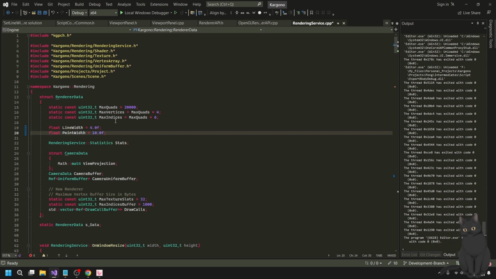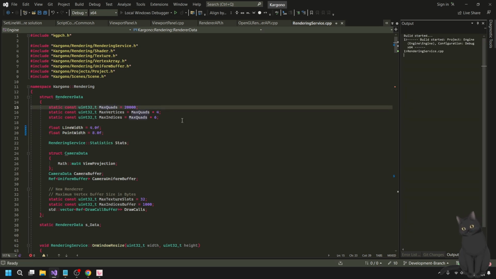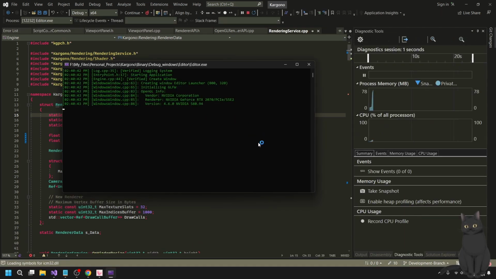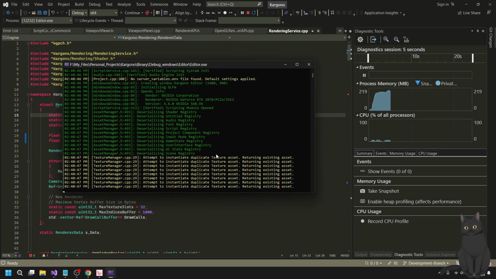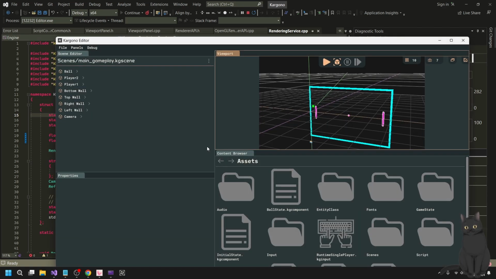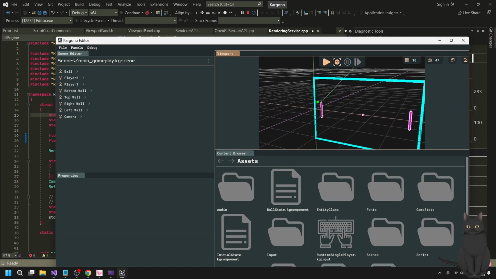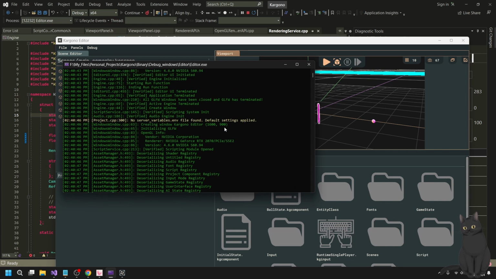Or let's do that. The lines are going to be a bit thicker. Is the renderer yelling at me?